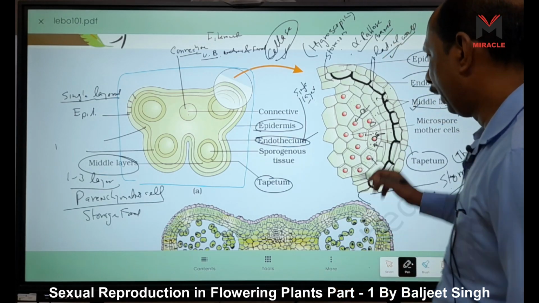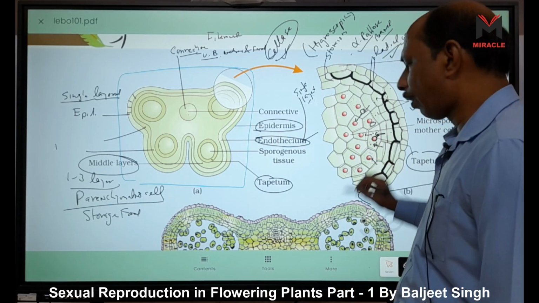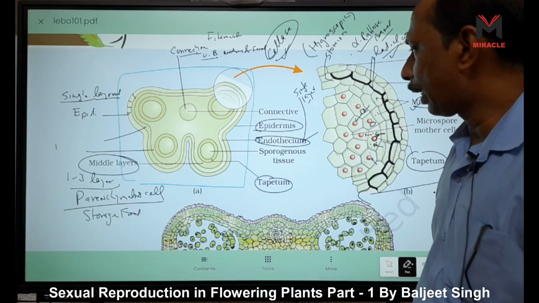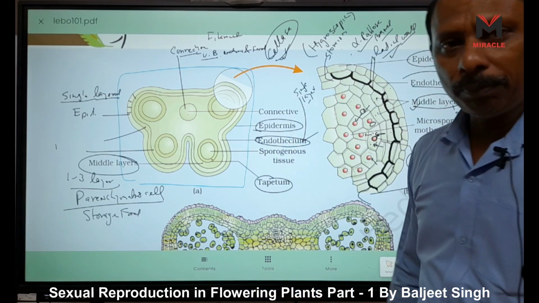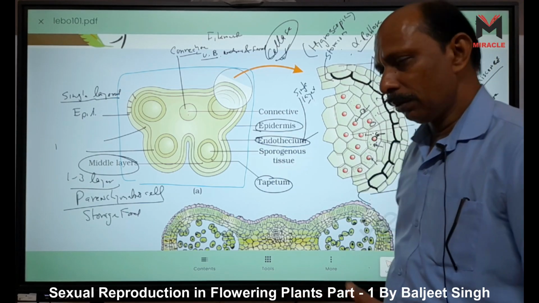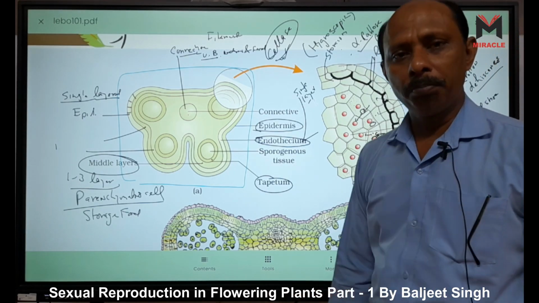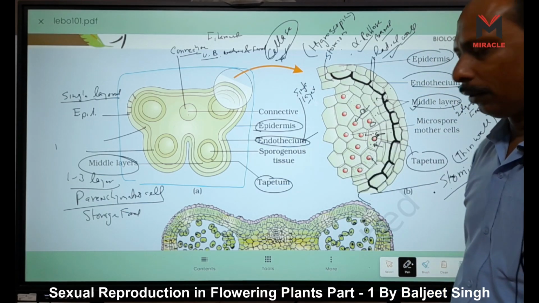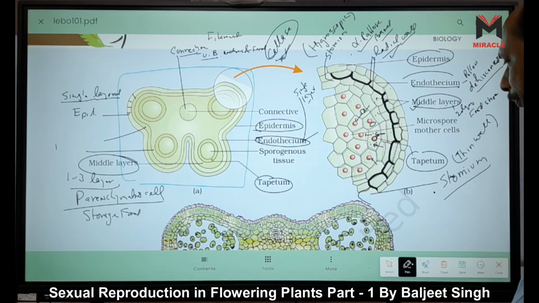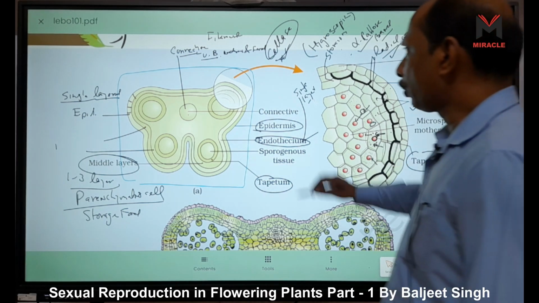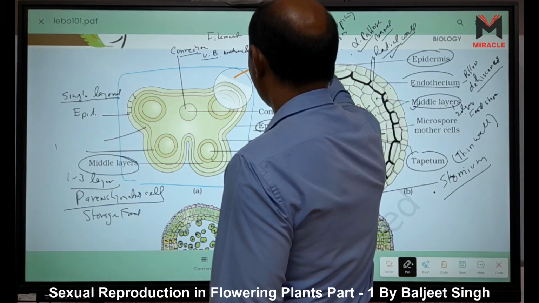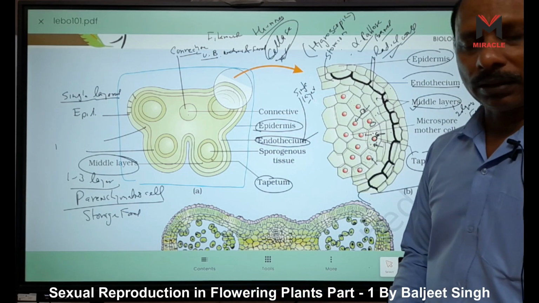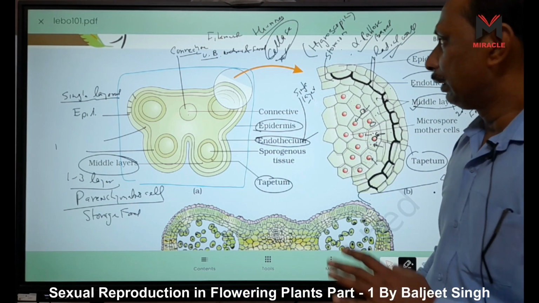What is the function of tapetum? First, nourish the sporogenous tissue. Second, they secrete some enzyme, like callase, which breaks down the callose bands. Third, they also secrete some hormones for developing the embryo, that is, the pollen grains, the male gametophyte. They also